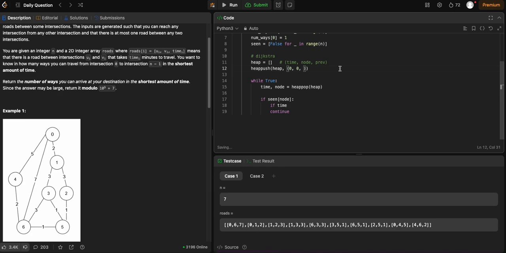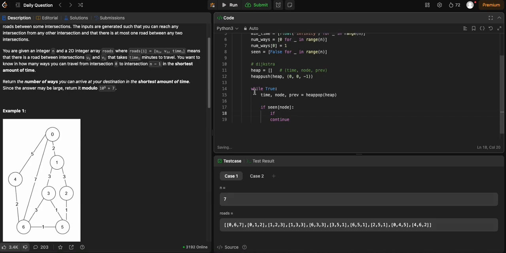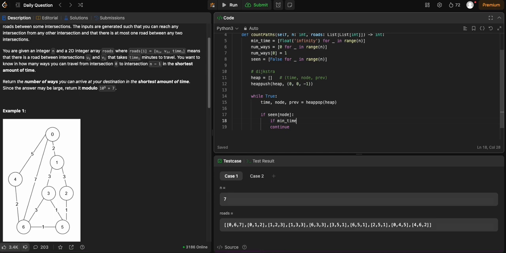0, 0. Yeah, what should we do for this one? I guess we can do -1. So, yeah, we can do prev here. So if the min time for prev is equal to time,